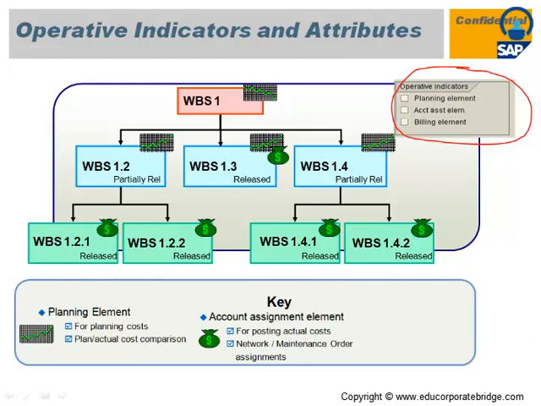that particular WBS. If this indicator is not ticked, you cannot maintain the plan cost on that particular WBS. That is called the planning element. Then the account assignment element, which indicates whether you want to capture the cost, whether you want to create a PR, PO, or a service entry sheet, whether you want to procure some materials or services on that particular WBS, or whether you want to capture some cost on that particular WBS.